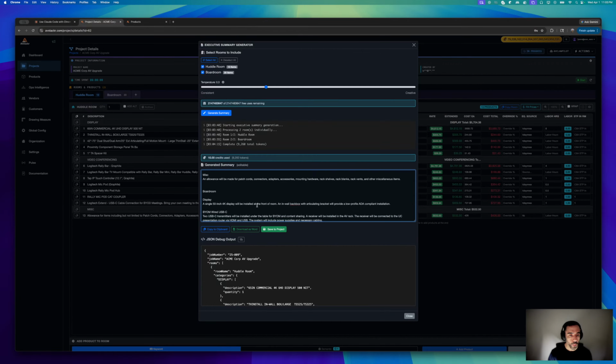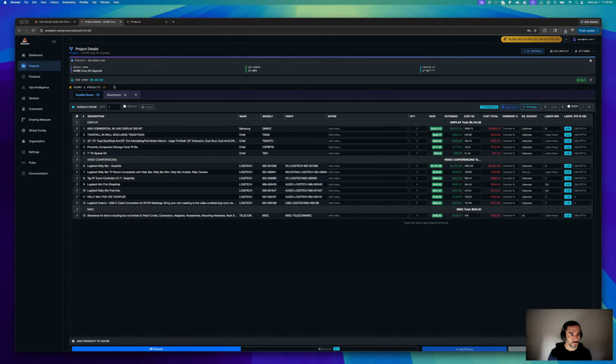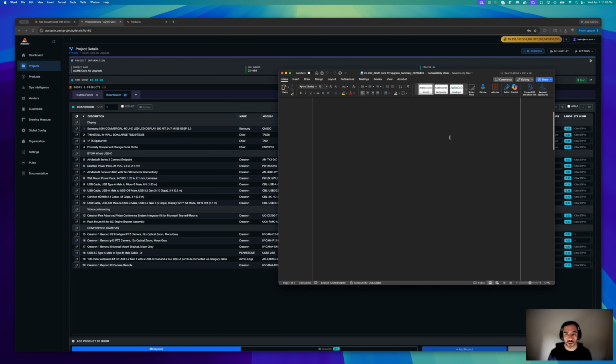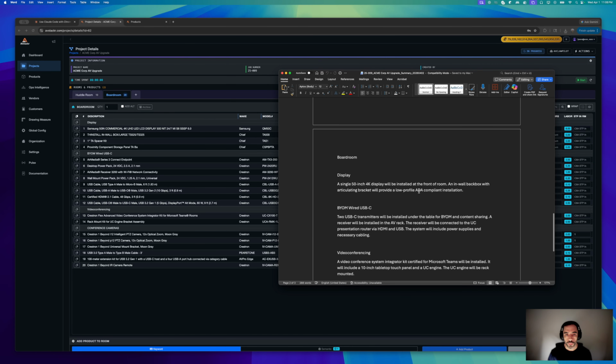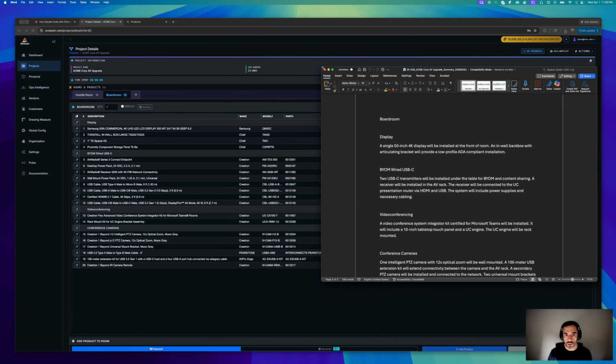Boardroom. What we'll do is I'm going to actually save this to the project. I'm going to download this as Word, so that way we can pull it up side by side. Close this out. Go to the boardroom, and take a quick preview. We'll go down to the boardroom, and we'll just compare what's in the equipment list to what's in the